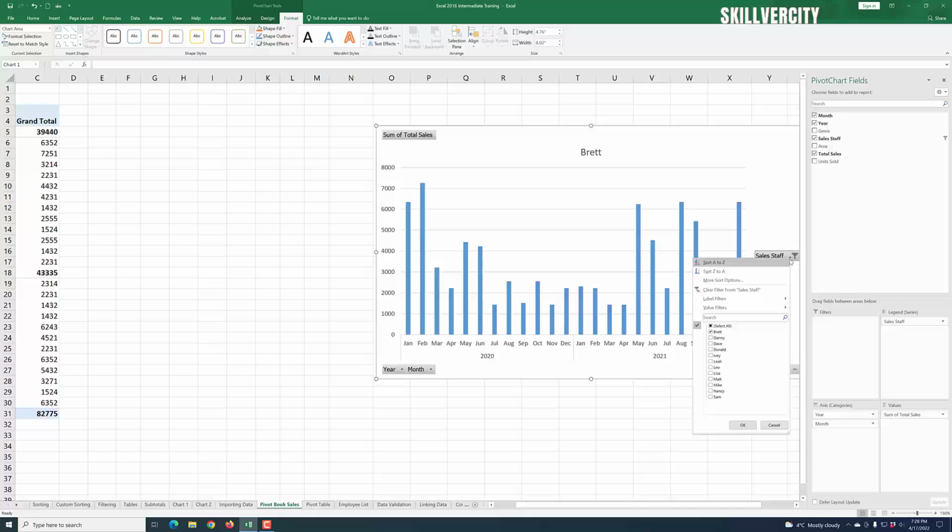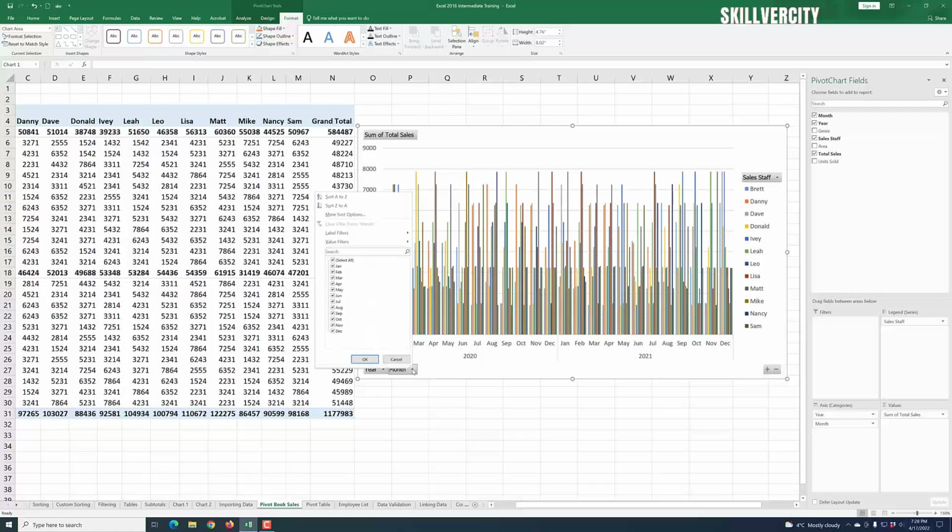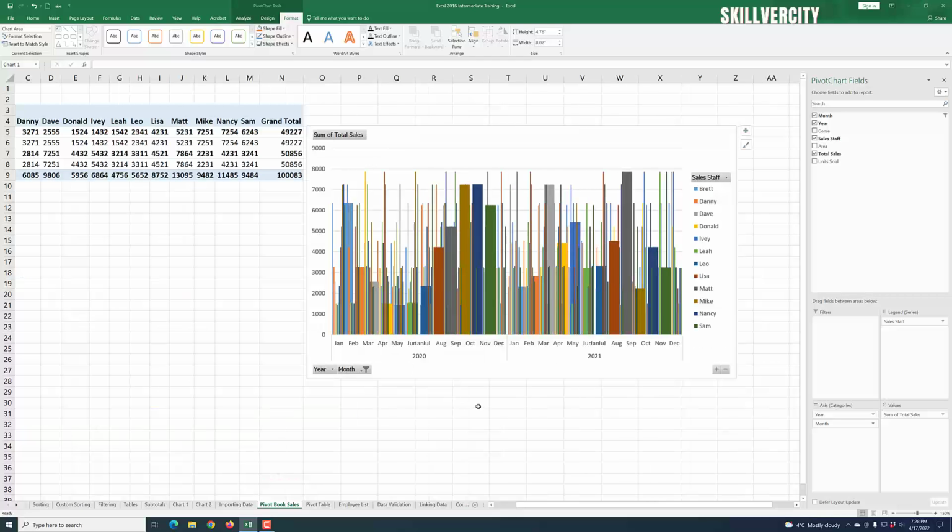Okay, so let's go back and bring back all the other guys. Okay, this comes back to us. And how about the month? We can decide to only work with maybe one month at a time. If I unselect this and then maybe look at the month of January, okay, here we can